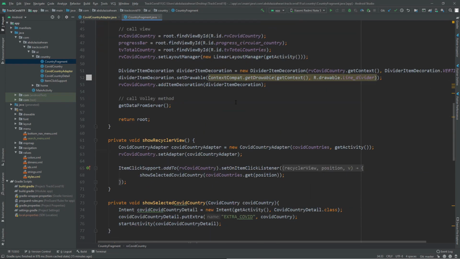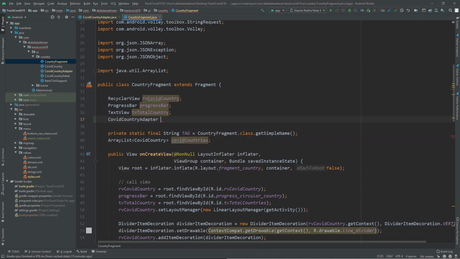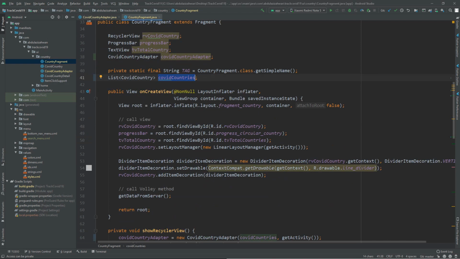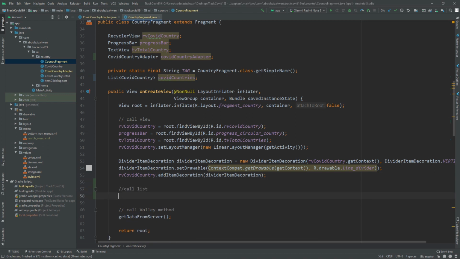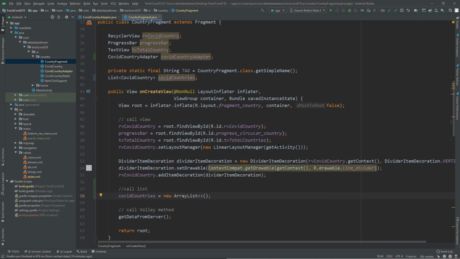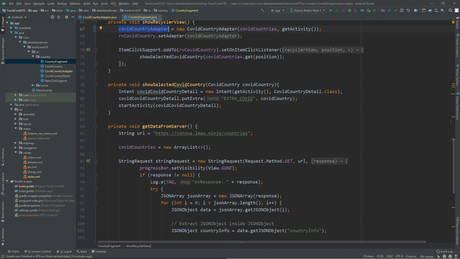In the previous step we called our adapter right here, but for now we need to delete this, and we call right here COVID country adapter, and then we need to change this to list, and this is good. And the next step is we need to call our COVID countries right here. I think right here, call, and we say COVID countries, and we say new array list, and then we need to go to RecyclerView,